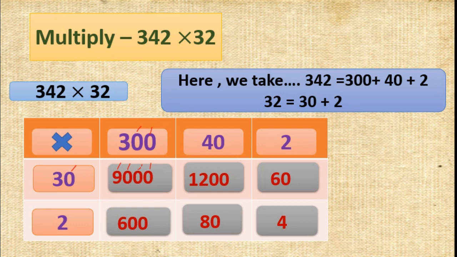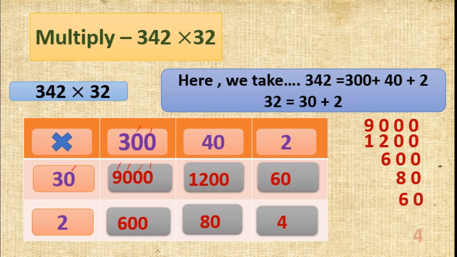So we will write them in a vertical arrangement according to their places. That is very important. We will write 9,000. Below that I will write 1,200, because both are 4-digit numbers, 4 digits, correct? Next I will write 600, because it will become easy for us for the calculation. Then 80, 60, then 4. Then I am going to put the addition symbol.